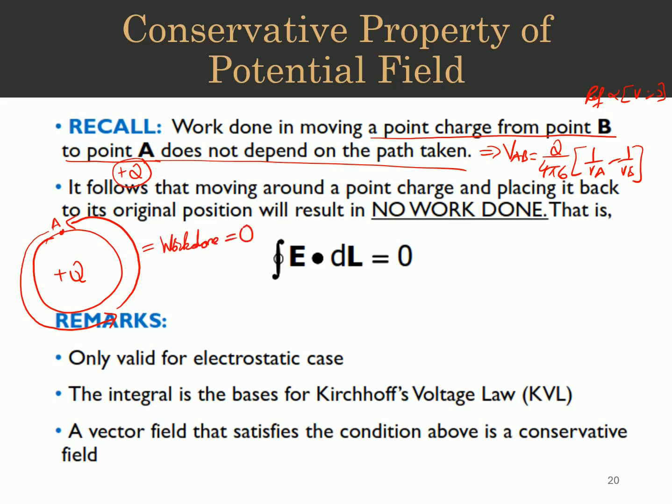So the work done is zero. In other words, no energy is expended, so it is zero. So we say that the charge is basically conserved, or the energy is conserved. So whenever we have a conservative field, it means that there is no work done on the charge, or no